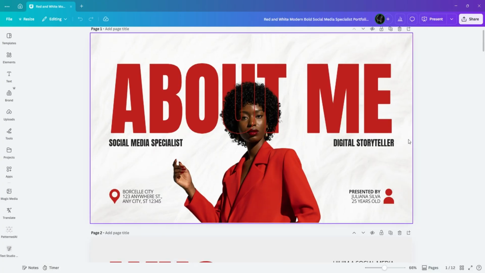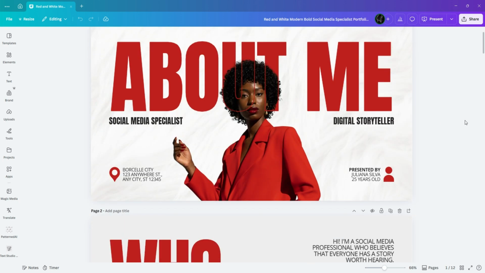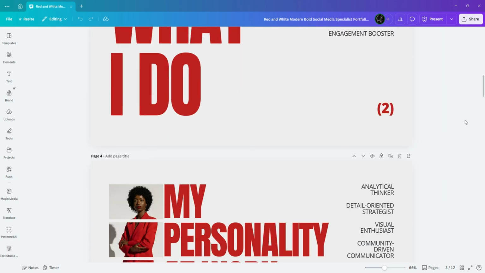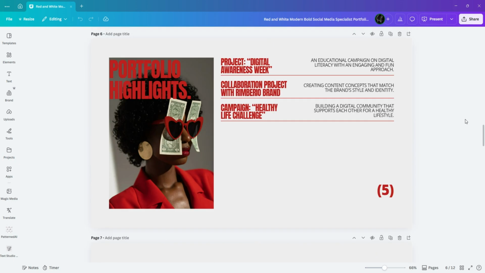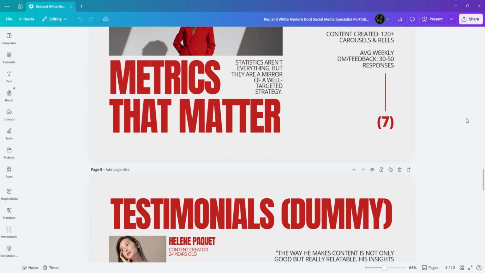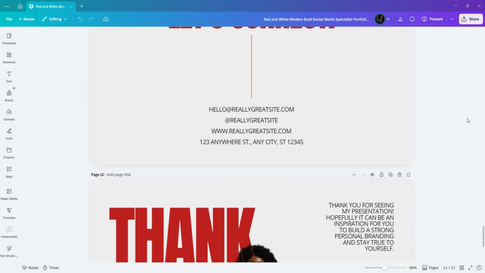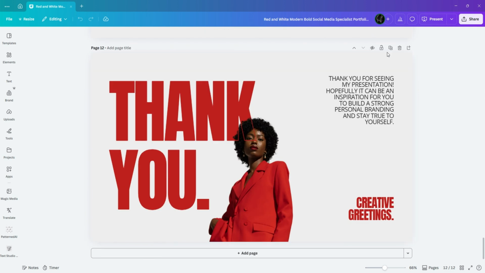Once the project loads, I'll scroll through the different slides to review the content. I'm moving past the introduction, the portfolio highlights, and the metrics slides all the way to the end of the presentation. Now, to delete a page, I simply head to the top right corner of the slide and click the